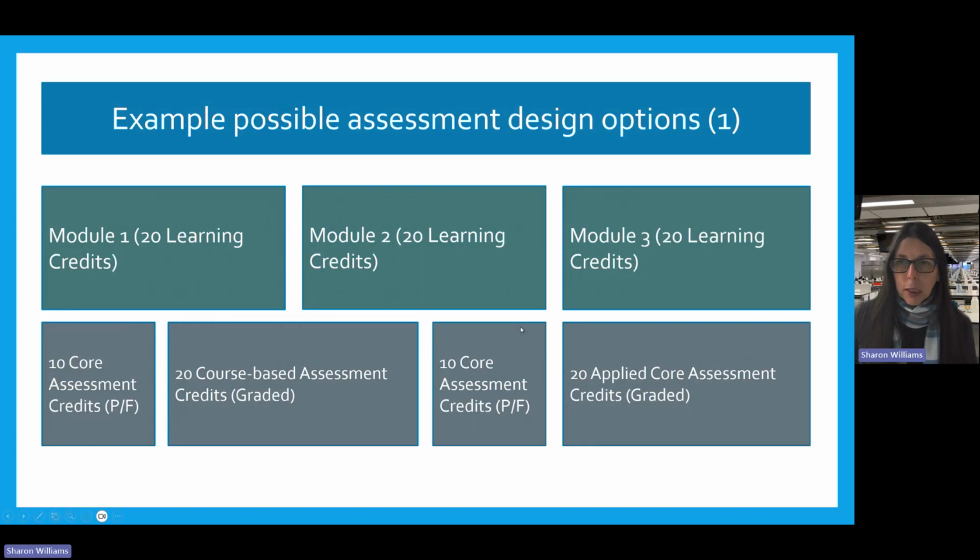So just to explain the differences between learning credits and assessment credits. There is assessment design option 1. I'm not sure if you are aware, but there are 60 credits in each semester. For this one, there is module 1. Usually students have 3 modules, so module 1, 2, and 3. And each one is around